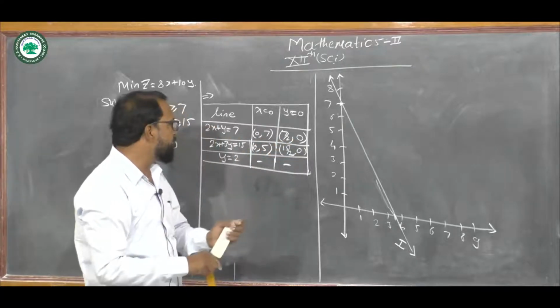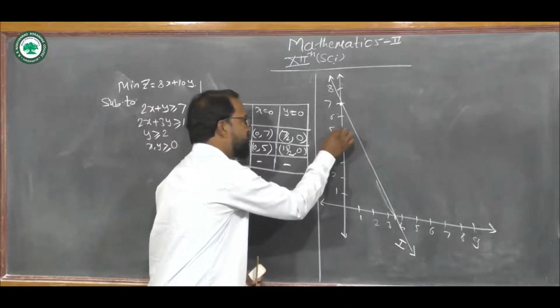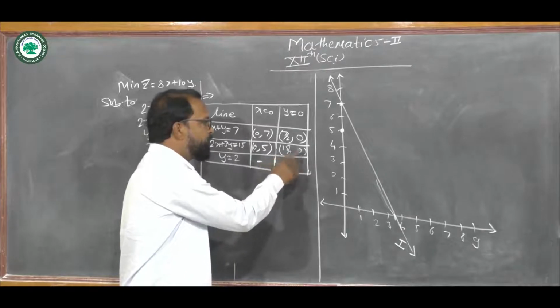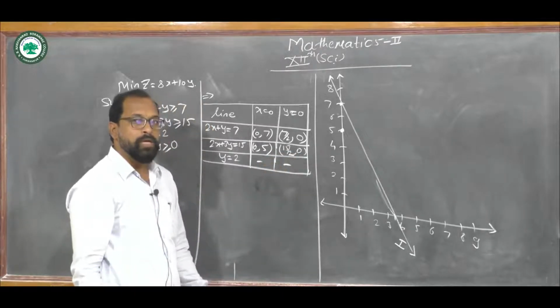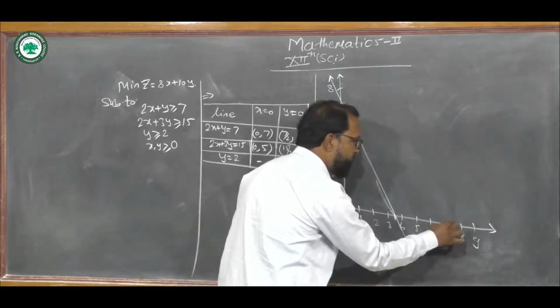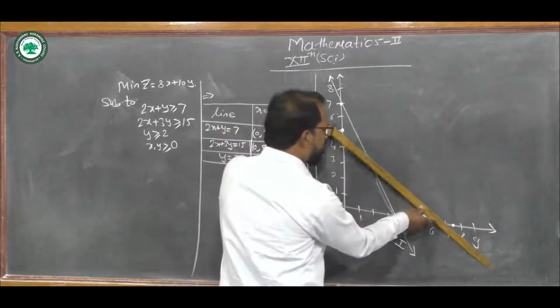Now similarly for the second line, the points are 0, 5. This is the point 0, 5. And the next point is 15 by 2, 0. Now 15 by 2 means 7.5. Here it is 7.5, in between 7 and 8. So again, by connecting these two points,